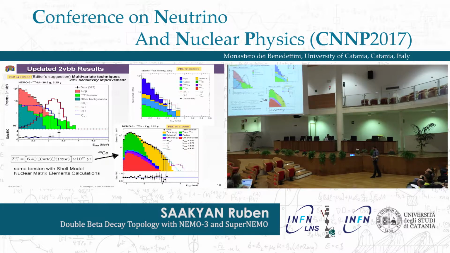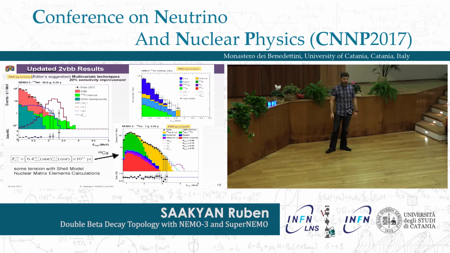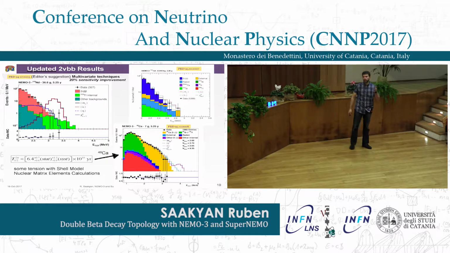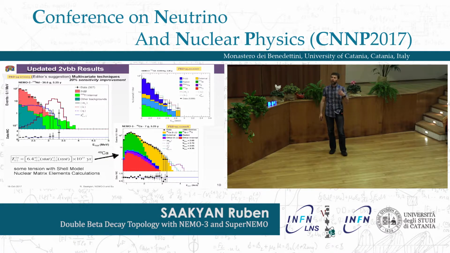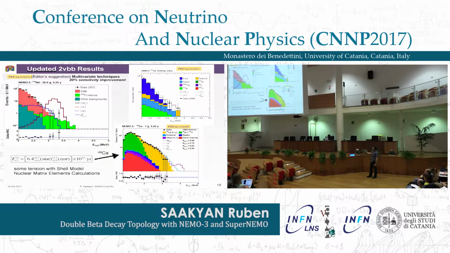So as I said, the results still keep coming out from NEMO 3. There are a few updates on 3 particular isotopes. I wanted to draw attention to a couple of them. This publication, the neodymium result, used modern techniques, boosted decision trees, using different observables which are available in the NEMO 3 detector. It's not just the single energy deposition from 2 electrons, but also the angle and the individual electrons and a couple of other things. And that allowed to increase the sensitivity by 20%, which incidentally corresponds to 1 extra year of running.